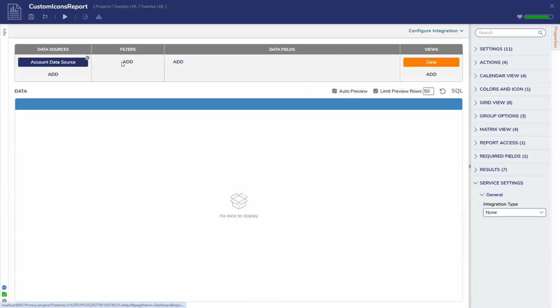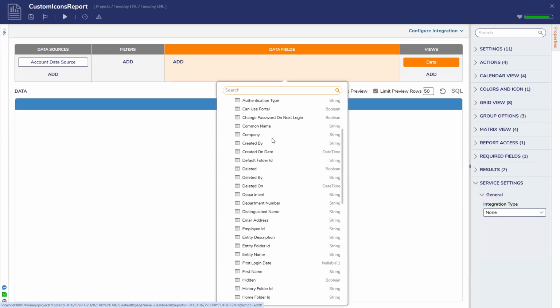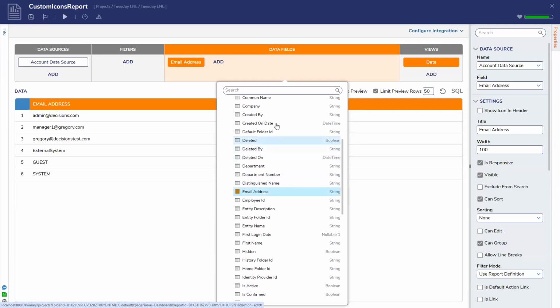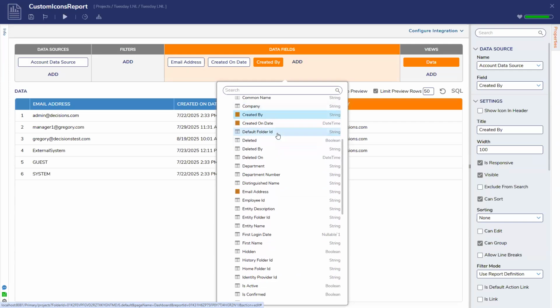Okay. I'm creating an account data source here. This is a default data source you'll find in a Decisions environment, at least in version 6 and up. I don't know a lot about version 5, I'll be honest, but for most of the Decisions versions, that'll work. So let's pick email address, created on date, created by, and then give it a few Booleans